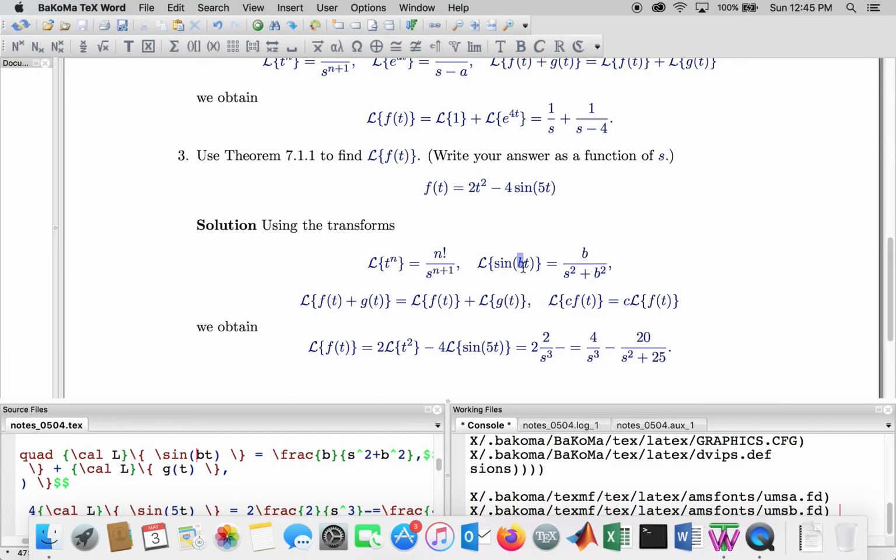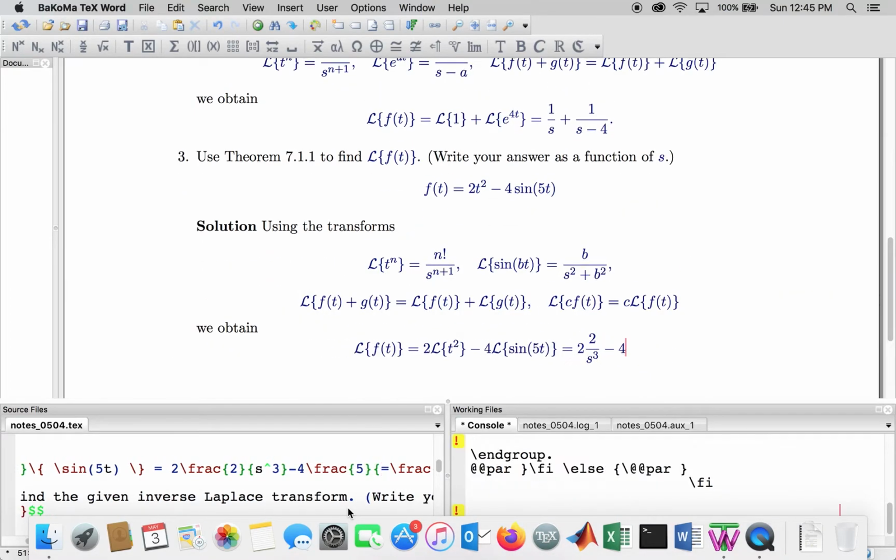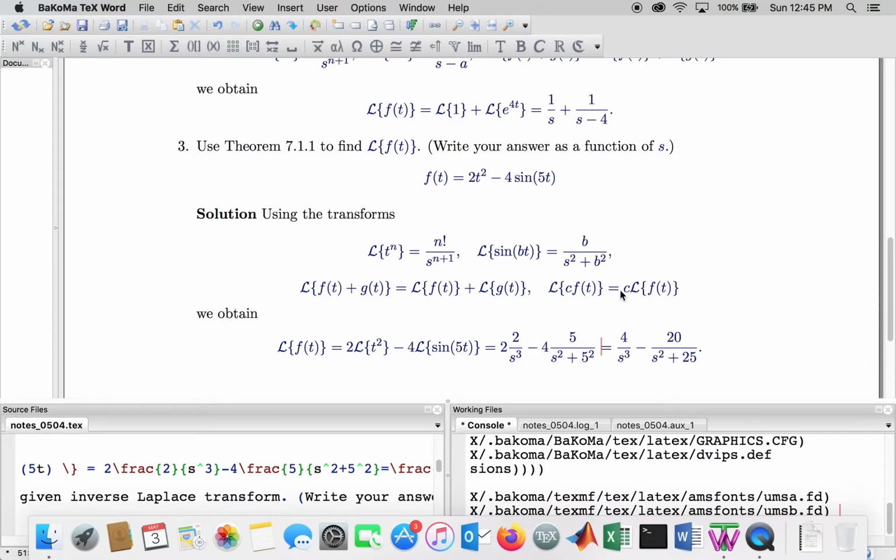Whatever constant is in front of a t, that goes in the numerator, and then we have its constant factor of a minus 4 in front of it. So we have 5 over s squared plus 5 squared. Okay, so that's where these come from, and then after a little bit of cleaning up, we get the final